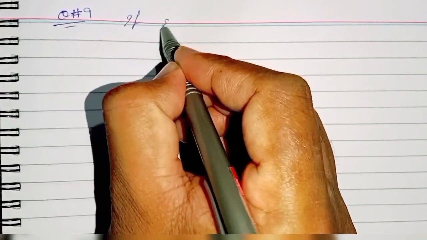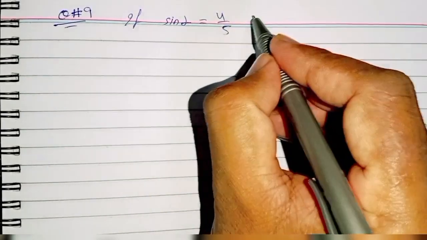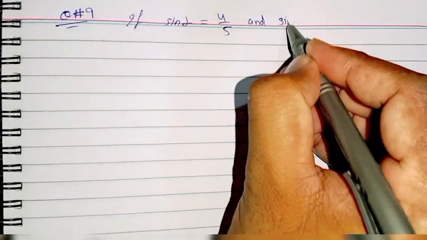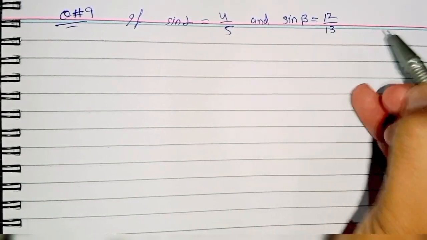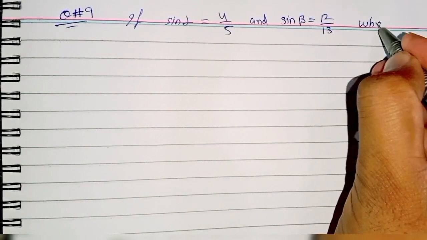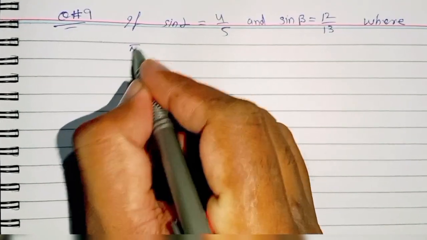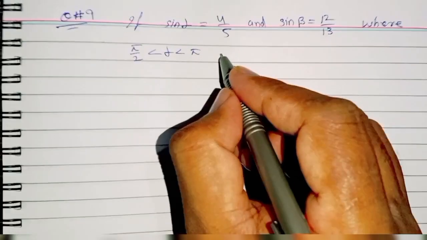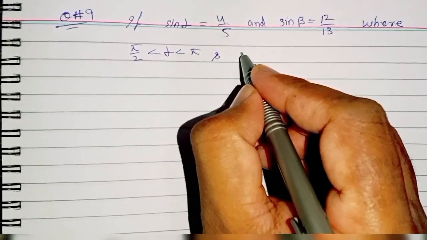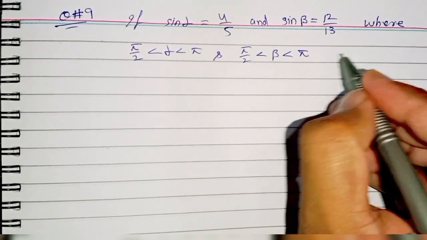Left. Question number 9. If sin alpha is equal to 4 over 5 and sin beta is equal to 12 over 13, where pi by 2 is less than alpha is less than pi and pi by 2 is less than beta is less than pi, then find